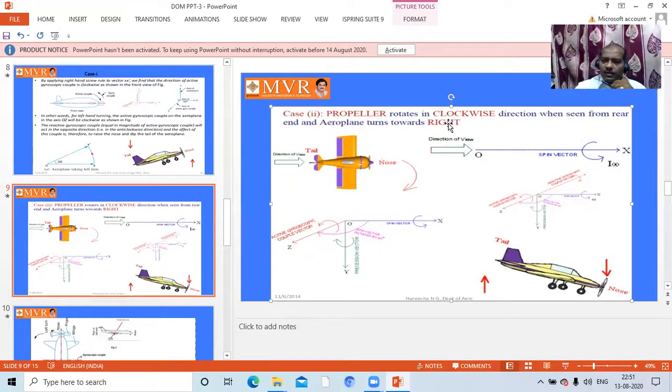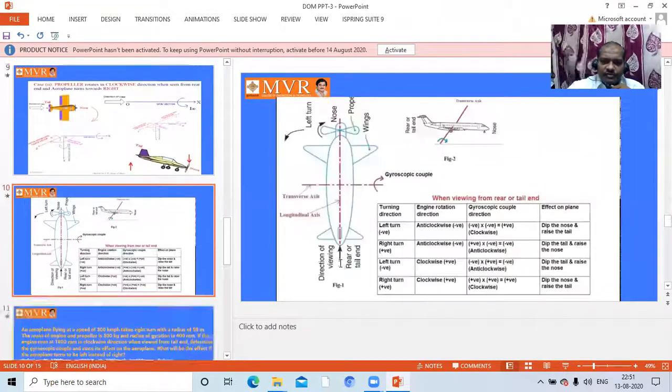So you have to remember these conditions by analysis of the gyroscope couple. Already I told the fundamental principle. We have to fix our fingers in the rotation direction and raise our thumb. Based upon that, you can get one conclusion: we have to choose our right hand rule only. If you take the left hand, once again it will be opposite. So based upon the right hand rule, we have to clarify, because it is very crucial from the examination point of view, and in interviews also they will ask.